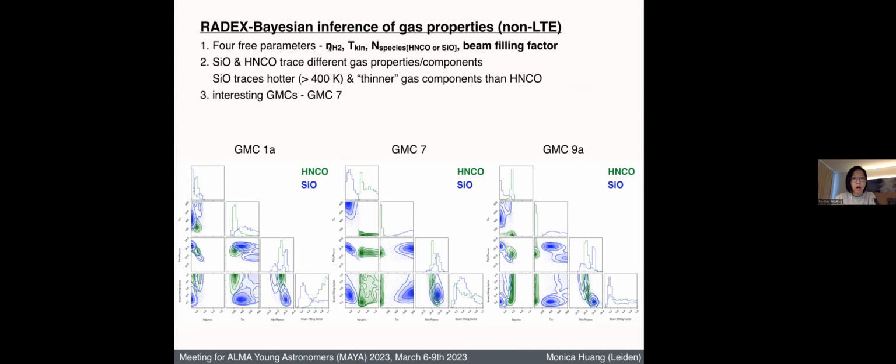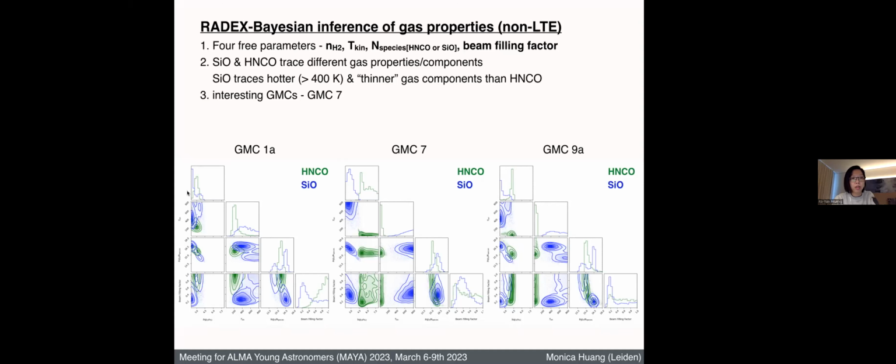To name these: the gas temperature, the species column density, and the beam filling factor. From our results across the states, we see consistently that SiO and HNCO are tracing very different gas properties. In the individual corner plots, I place at the bottom here HNCO in green and SiO in purplish blue. You can see across these three regions that I show here, HNCO always tends to trace a denser gas